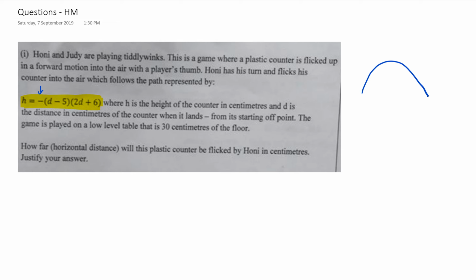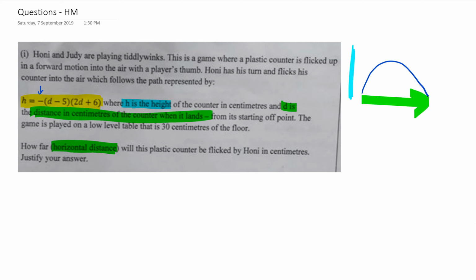I think it says that h is the height of the counter. So if h is the height of the counter, that's this part of the parabola, and d is the distance in centimeters of the counter when it lands. Another way of saying it is the horizontal distance. So it's like this. What we want to know is how far this plastic counter will be flicked in centimeters, and justify your answer. So basically we want to know when the height of this counter is equal